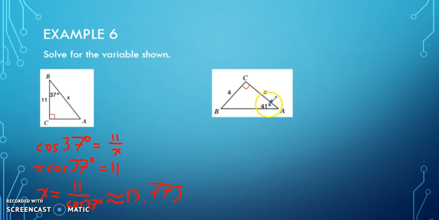So they've given me one angle. This is the one I want to use for reference. I could technically figure out the other angle by doing 90 minus 41, but you might as well just start with the one they've given you. I see that the opposite side is given, and I see that the adjacent side is given. So the trig function that relates opposite and adjacent is going to be tangent. So I'll have tangent of 41 degrees